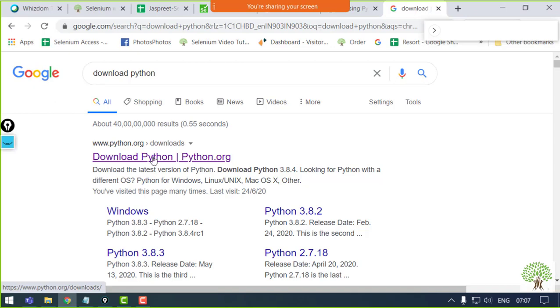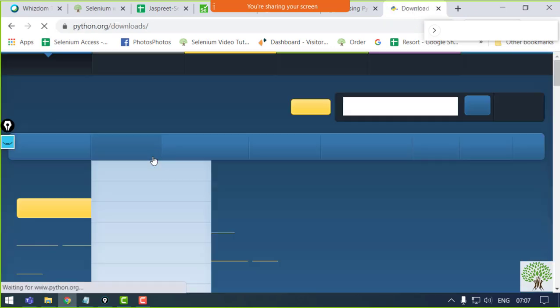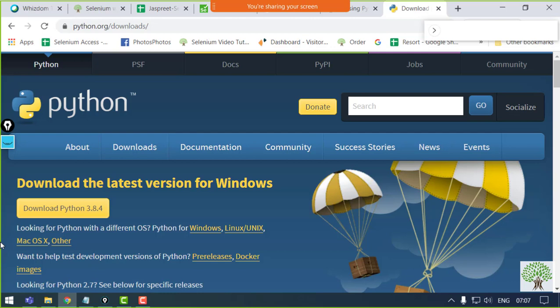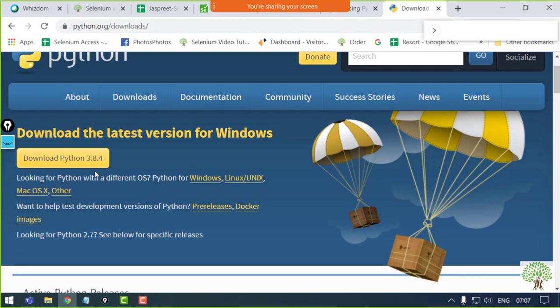When you have to download it, you will open this particular URL and the recent release that has just come up will be available at the very top over here, Python 3.8.4. Now according to your system configuration, you can download it from here if you have Windows or Linux, Mac or any other. Fine. But it's always recommended, because Python keeps on releasing new versions.